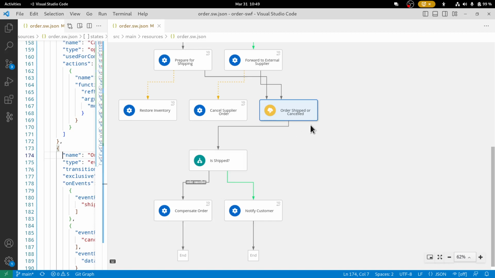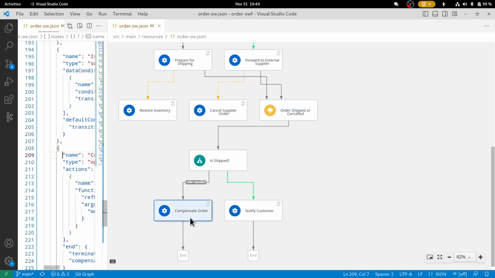But what happens if the customer sent a cancellation event? So in this case, we are going to follow this branch. Okay, so this is one of the interesting capabilities of this workflow engine. It handles the compensation behavior. So with this statement here, we are saying to the workflow engine that we need to